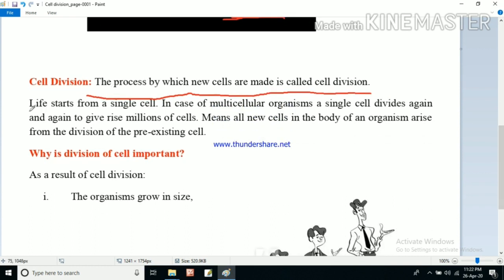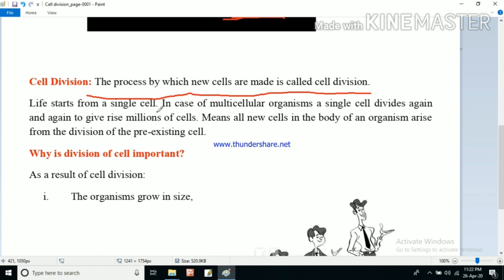So here we will see life starts from a single cell. All life starts from a single cell. At one point of time, all the life of all the organisms remained in a single cell, and that single cell divides continuously again and again